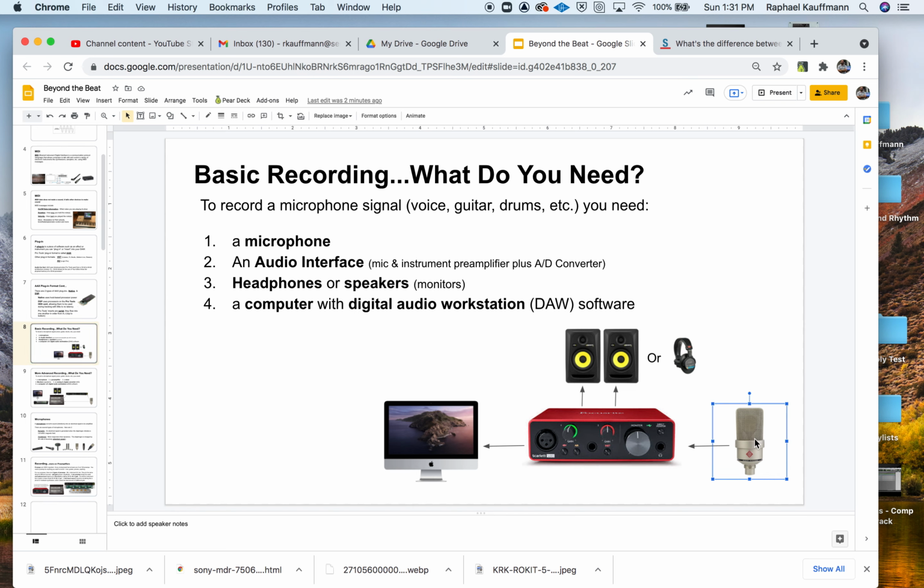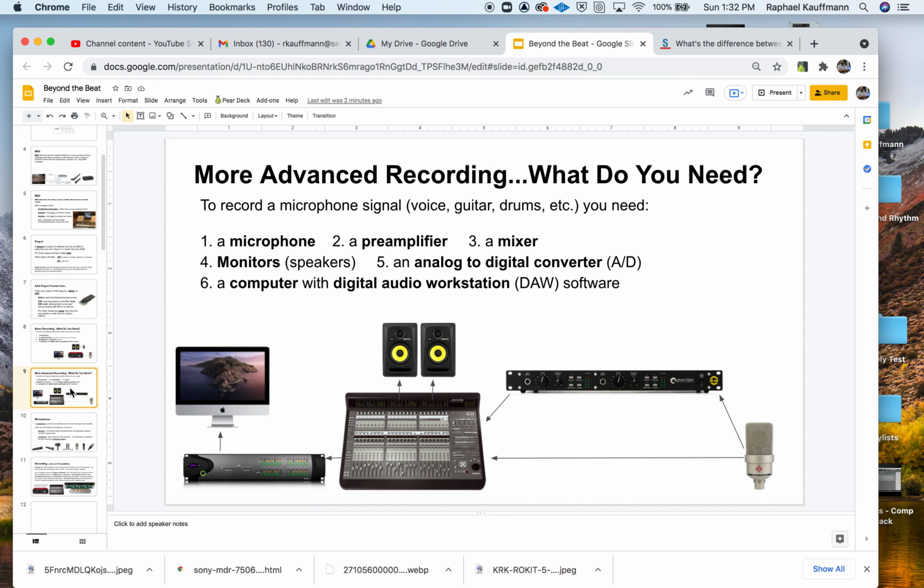This particular microphone is worth more than all of this put together, not the computer. All right, so this solo is about $100. So you get a mic input, you get an instrument input for $100. You have some headphones. These are $100 headphones, $200. These are probably about $300 or $400, the speakers. In the studio,